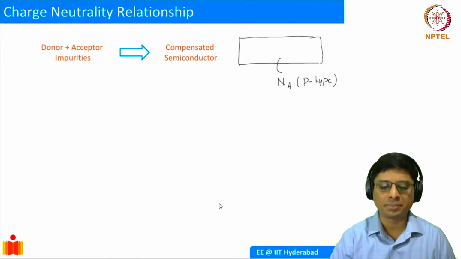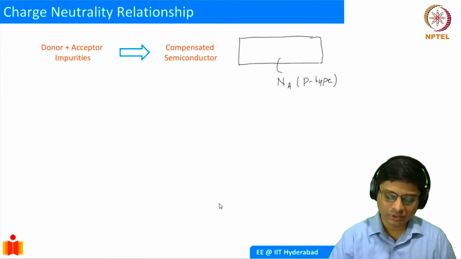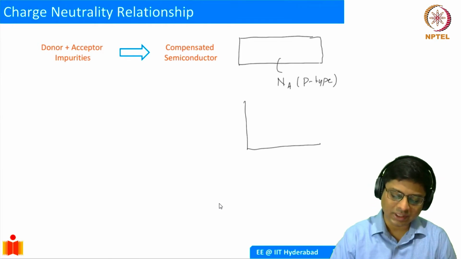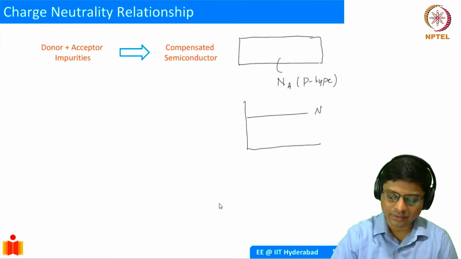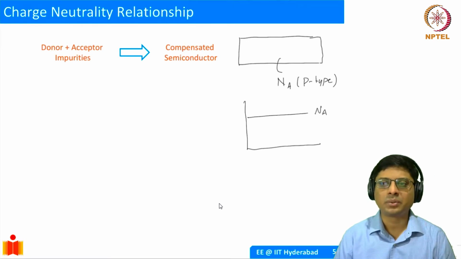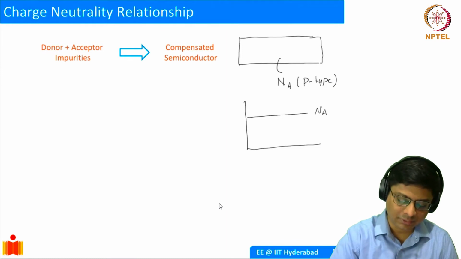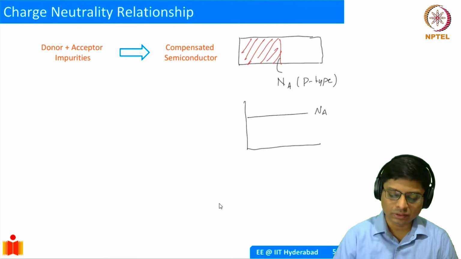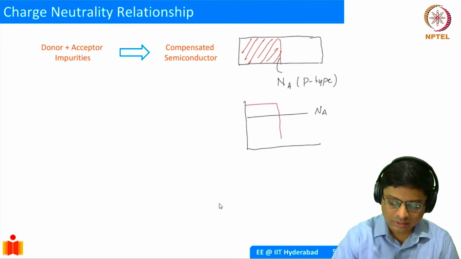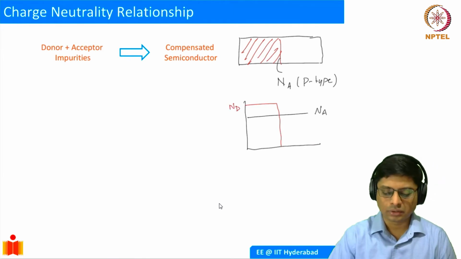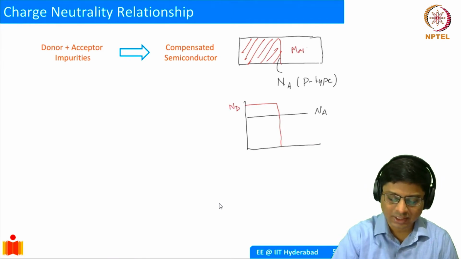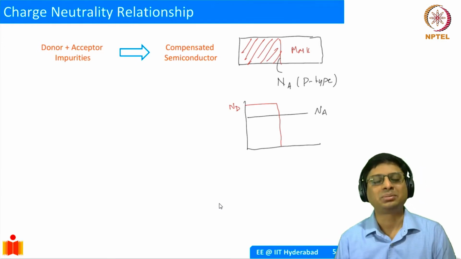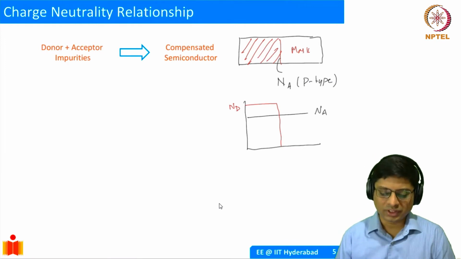If I plot the density, essentially you started with Na, right? Then if I want to make some part of it n-type, let's say this part, what would I do? I simply dope it with a higher amount of Nd. Half of it I will mask, I will not expose it, and I'll only dope the particular region where I want the concentration to be n-type. This is what we regularly do. So this is a very important thing.